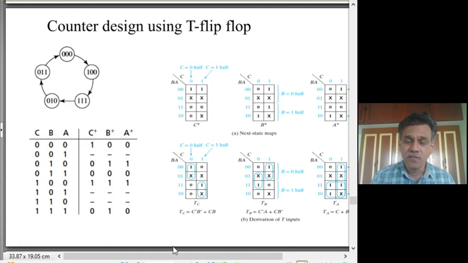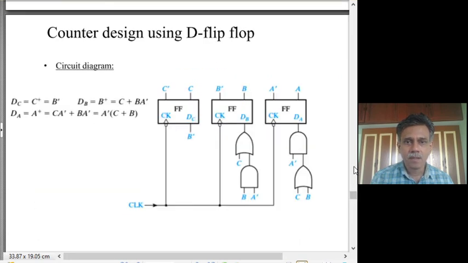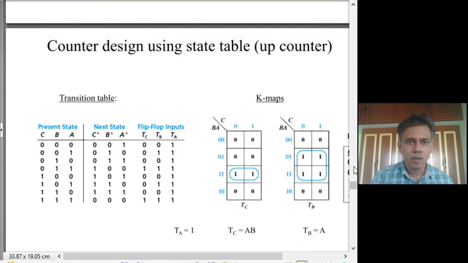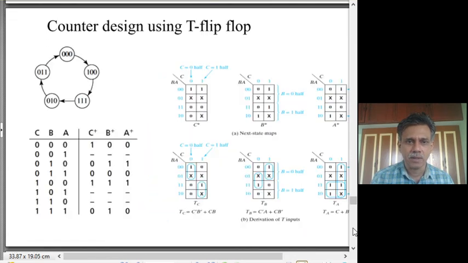In the case of D flip-flops, A plus itself is DA, so there is no need to write it out. But TA and A plus are not easily related, so you have to put it the way we did in this example. Having put ABC and A plus, B plus, C plus, we have written down explicitly TA, TB, TC and then got it. Now we will do it in a little different manner.